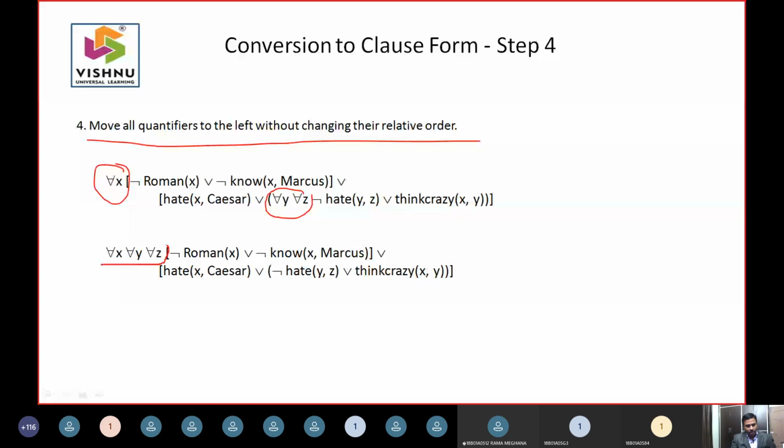The reason is that in the next step we will remove the existential quantifier, and then we will remove the for all quantifier also. So there is no need to consider the quantifiers for your inference mechanism. For inference, x will have some value at some point of time, and this value is already fixed as Caesar, so x can be Marcus at some point. We can generalize the knowledge, but when you take a decision, it has to be a specific decision. So all of this will be removed. The next slide will show how you remove this existential quantifier by using some value.